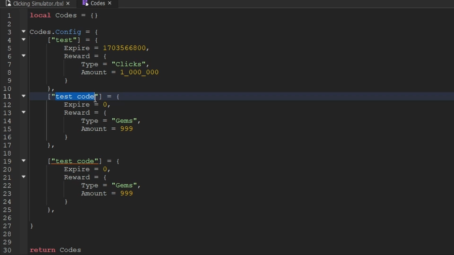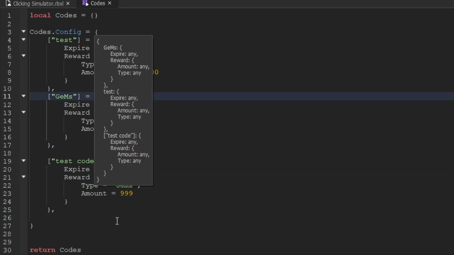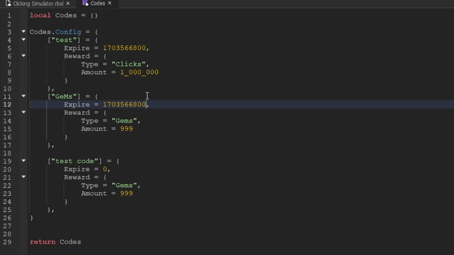Now I'm going to leave the expired test code down here and work on this one, which is going to be like another working code just so we can test rewarding gems. But this code is going to be gems with a capital G and a capital M. And the reason that I'm doing this is because I plan on showing you how to make the codes not case sensitive. But of course, if you do want to have case sensitive codes, I'll also show you that as well. But anyways, I'm going to go ahead and update the expire property here to the same that we have for the test code up here, just so that the code is not expired and I can actually redeem it. Anyways, now that we've created 3 codes, let's go ahead and start creating some functions,